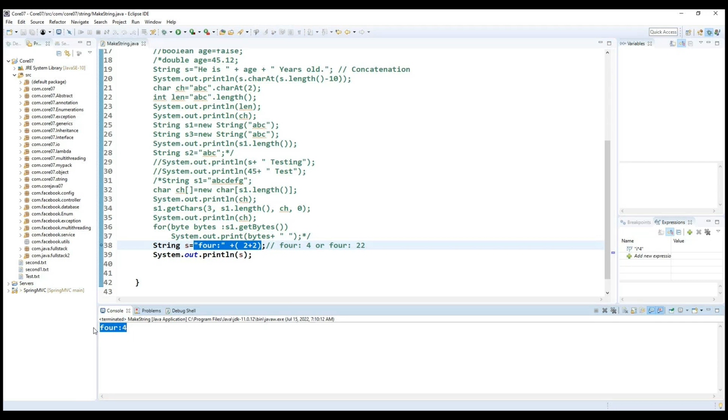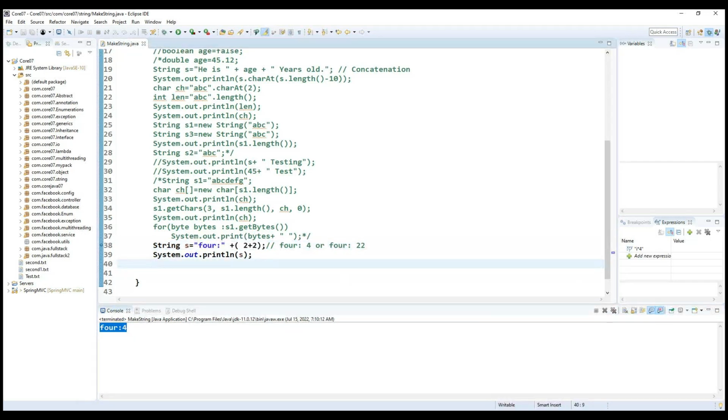So this is one more concatenation example we are discussing here, and we need to understand the valueOf method. The valueOf method we find in all the wrapper classes like Integer and Double; different wrapper classes have the valueOf method. What it does is try to convert the same value into the appropriate data type. Now if you observe,